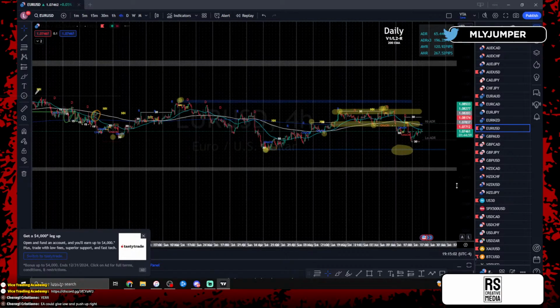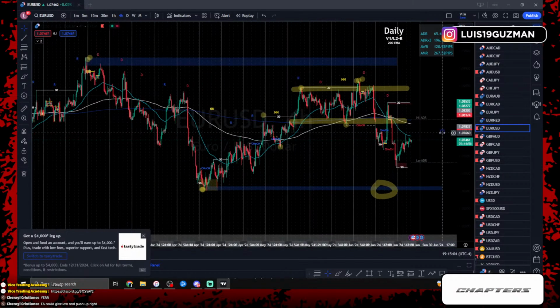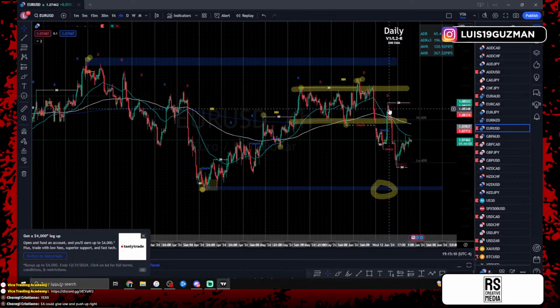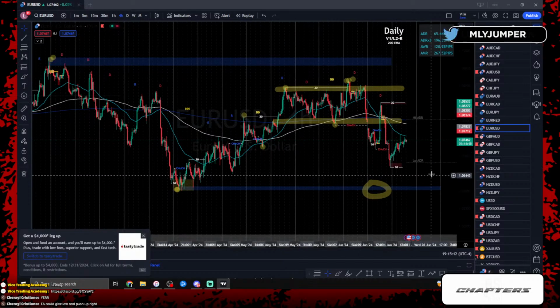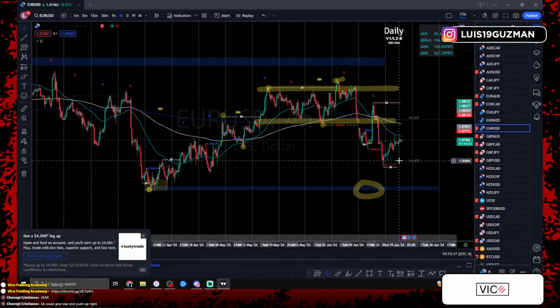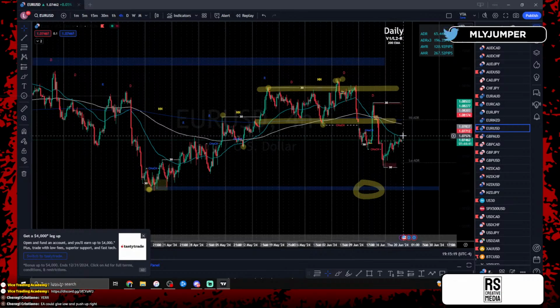In the 4-hour time frame, we're just making lower lows and lower highs. On top of that, we also had a zone of consolidation. Price broke below the zone, gave us a retest, and continued to push to the bottom. Not only that, we have 2 days of counter drop. This week being the third week, price went down, gave us a new low, and started to push back to the top side. But again, following the same lower lows and lower highs trend.